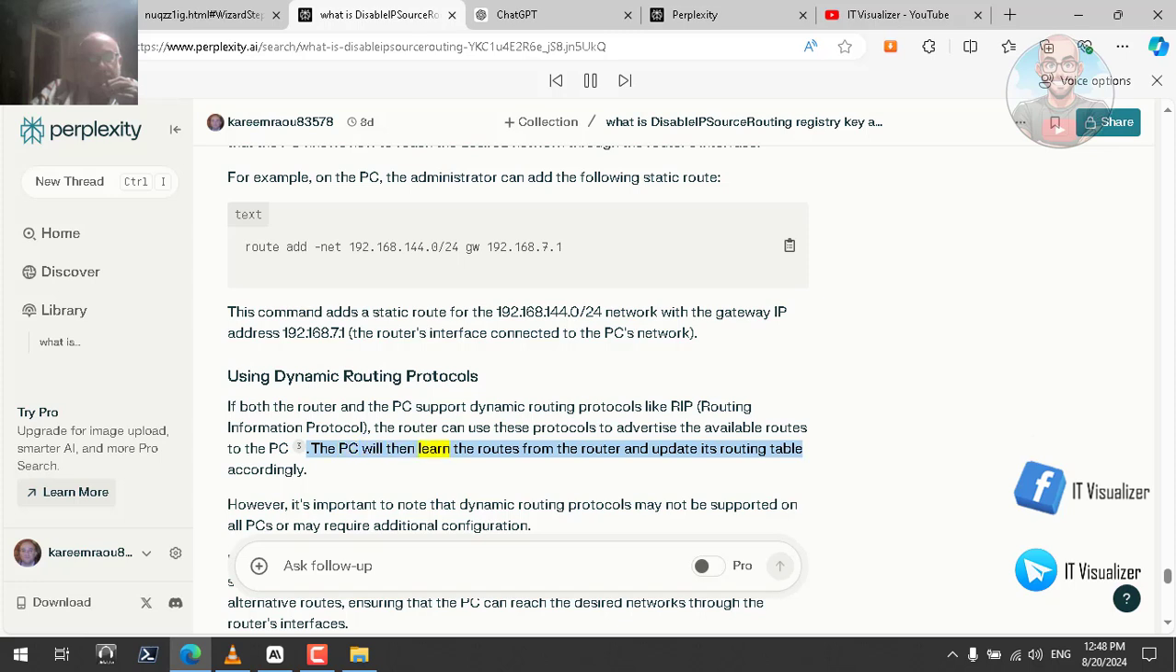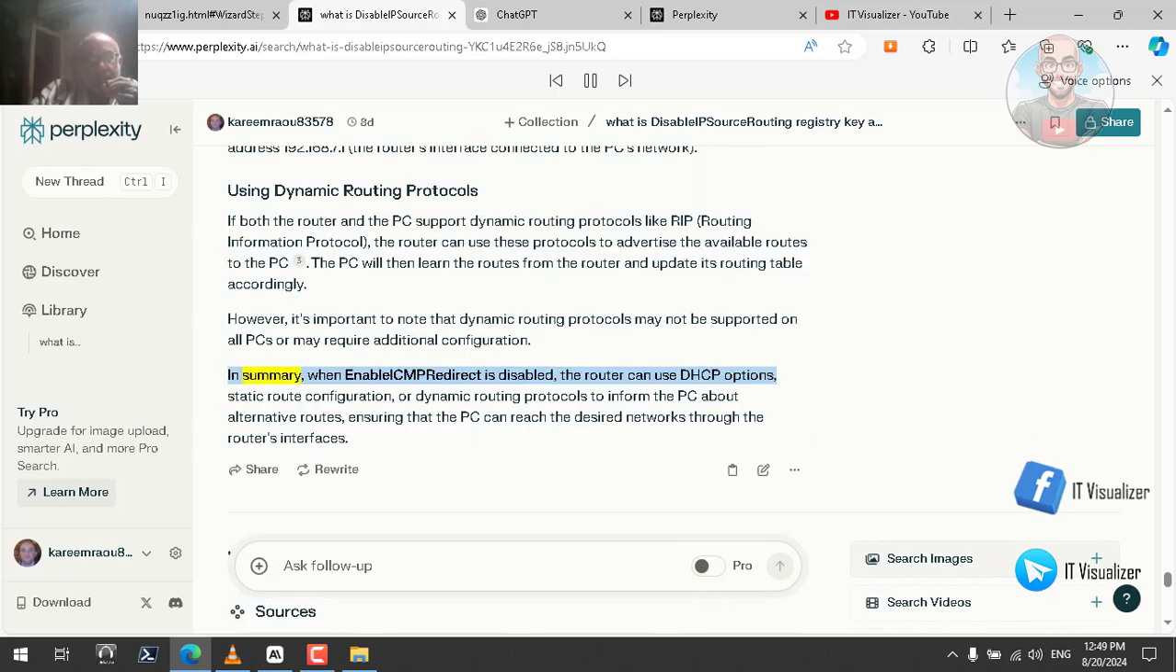The PC will then learn the routes from the router and update its routing table accordingly. However, it's important to note that dynamic routing protocols may not be supported on all PCs or may require additional configuration. In summary, when Enable ICMP redirect is disabled, the router can use DHCP options, static route configuration, or dynamic routing protocols to inform the PC about alternative routes, ensuring that the PC can reach the desired networks through the